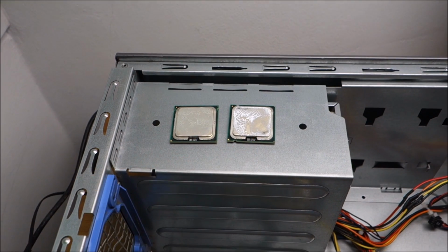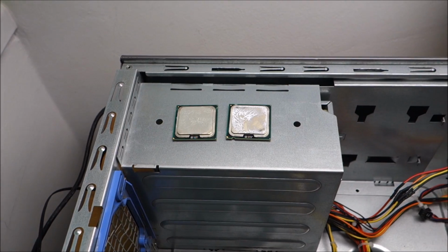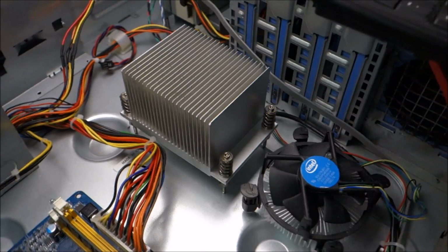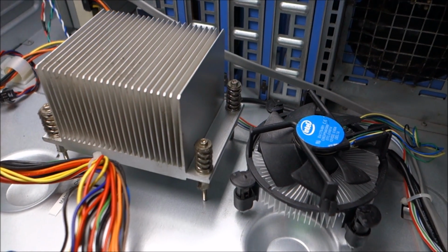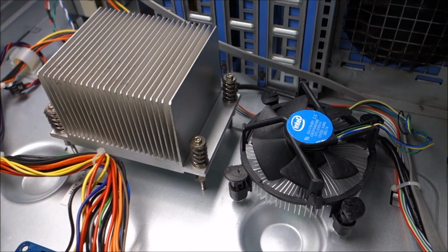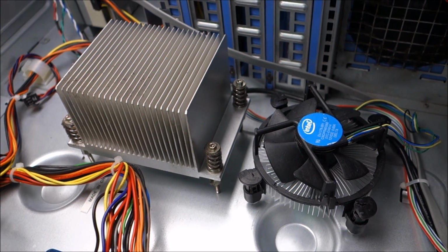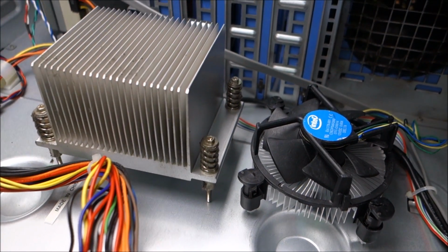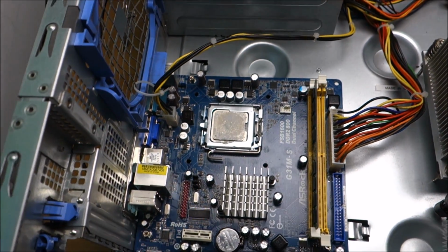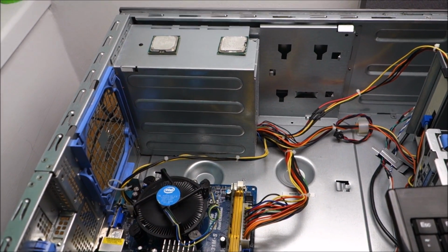The new Xeon is ready. It's an X3220 at 2.4 GHz. I'm going to drop it in and test it. But I just want to show you the difference between this Xeon's cooler from the other server and the stock Intel cooler. So yeah, I might need to upgrade that a little bit, but that will be based on the temperatures, but most likely upgrade. So let's do it. The exact same thing is happening,